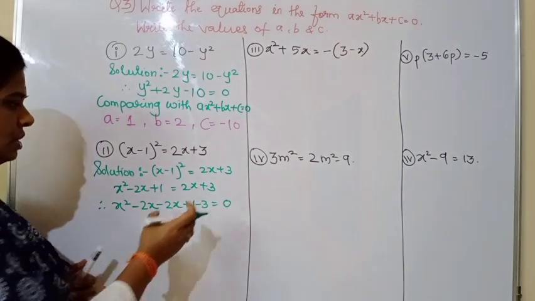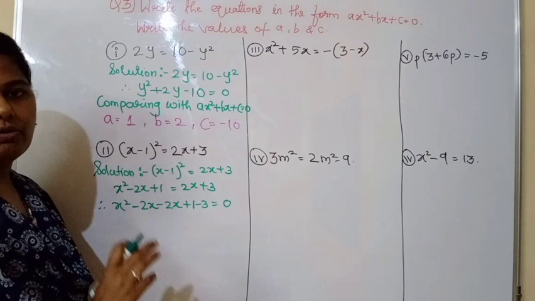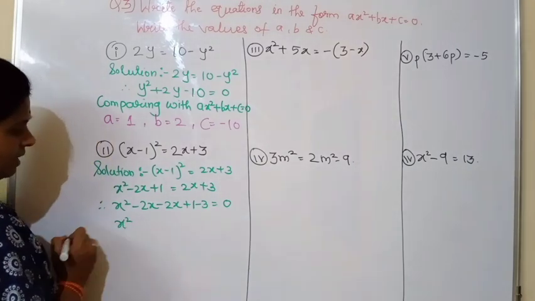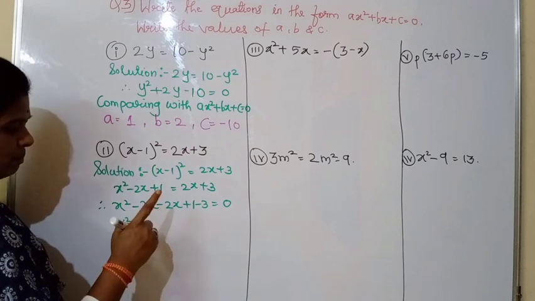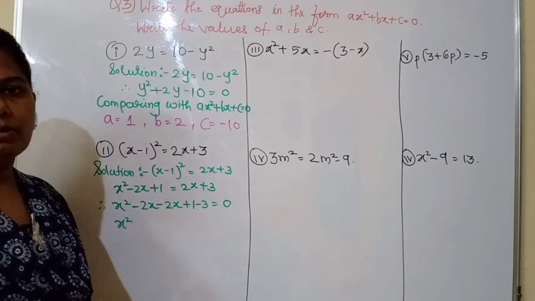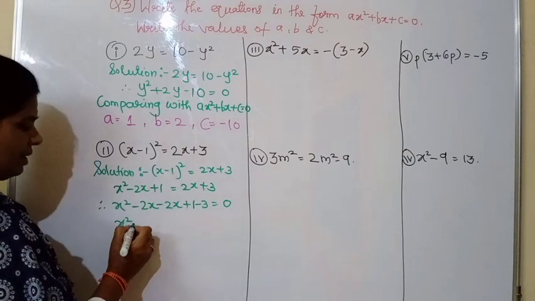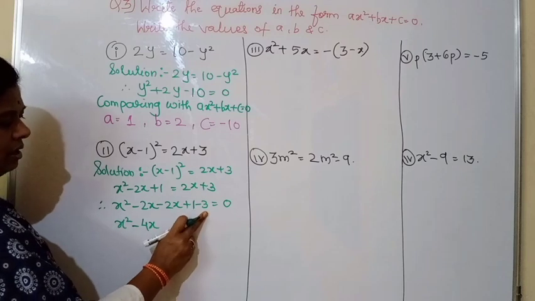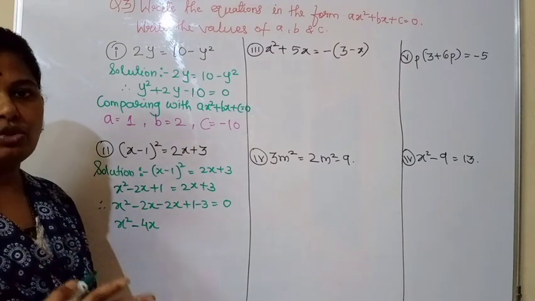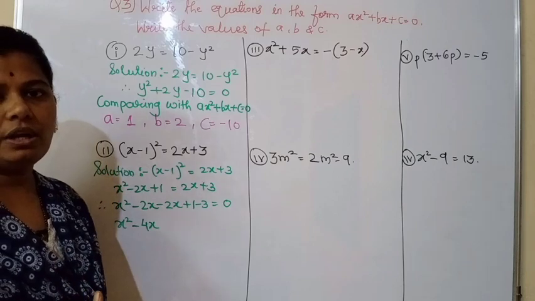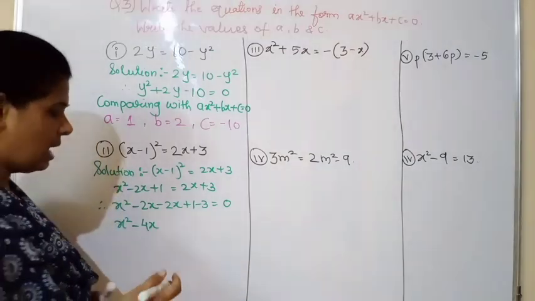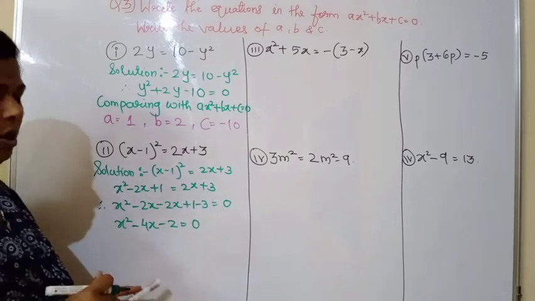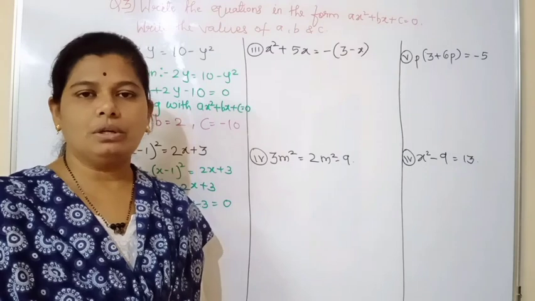Okay, so plus 3 will go towards the left hand side and it will become minus 3. Now we will solve this. After solving we will get x square, minus minus plus, so we have to add 2x plus 2x, that is 4x. But here our sign will be minus 4x. 1 minus 3 is, that is 3 minus 1, that is 2. Here our greater number is 3, and 3 is having a minus sign, so here again it will be minus 2 equal to 0. Okay. So we have arranged the equation in a proper way.